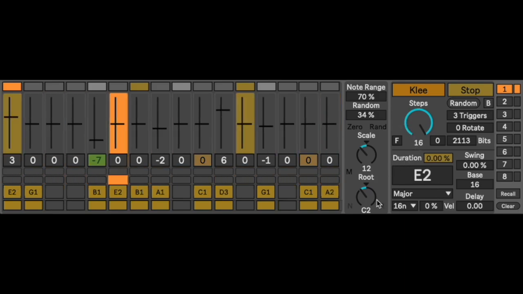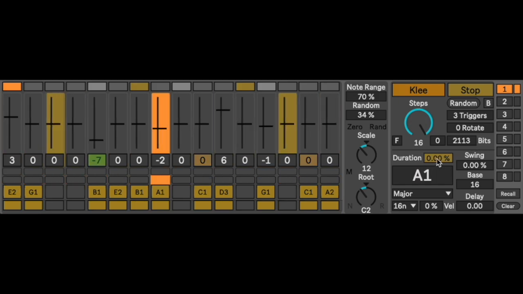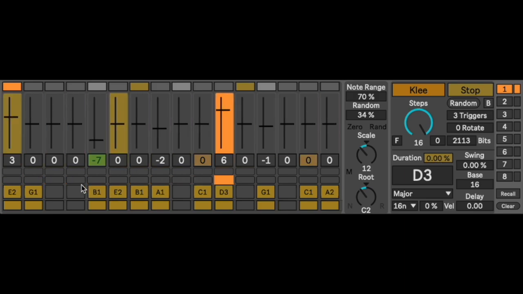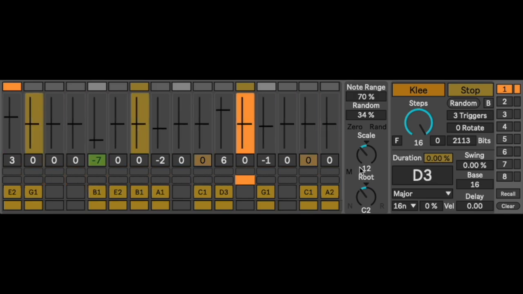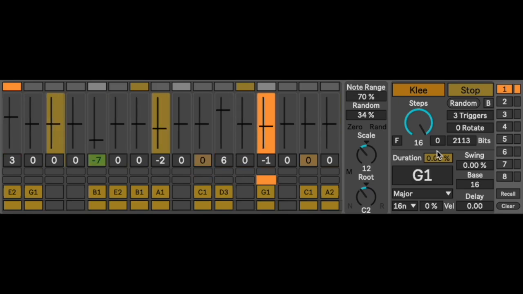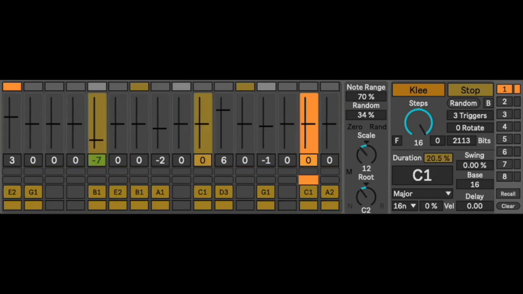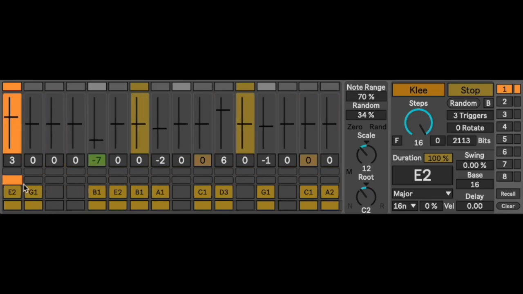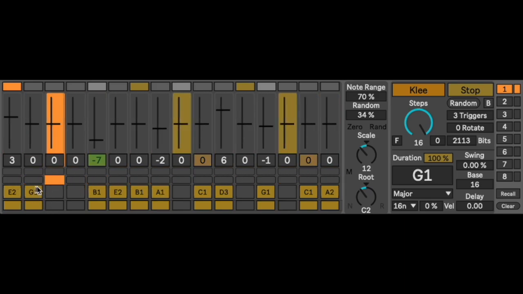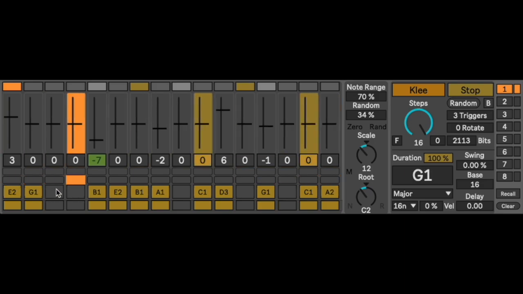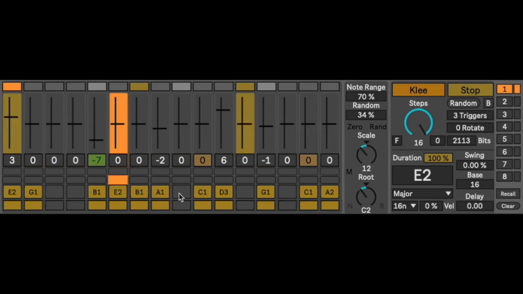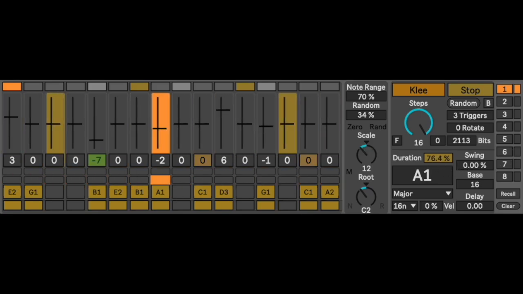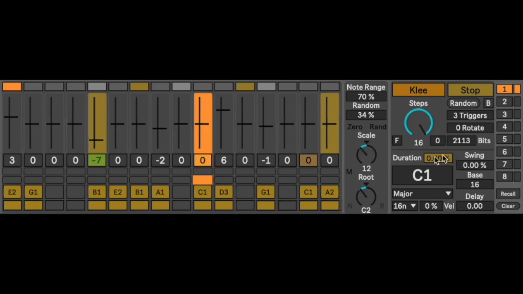One of the other things has a duration, which is a little interesting. Right now it's set to 16 steps, so it's just being triggered with an envelope of that duration. As we move up, things get sustained. So this is not a 16th note anymore. It's 3 times that, and it's being held over to the next note. So this would be an 8th note instead of a 16th note. So that's at 100%. You go back down to that, and then we get at 16